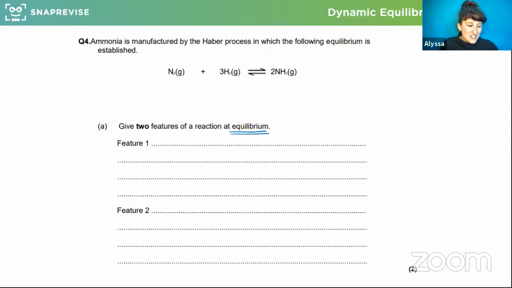Lovely. Good. Somebody asked a question just then, which I haven't seen. How do you know if it's a closed system? You just have to try and work out. It should tell you in an exam if what you're considering is a closed system, but otherwise, read through the information given to you and work out whether or not you can see any transfer of matter or energy. And if you can't, then it's a closed system.